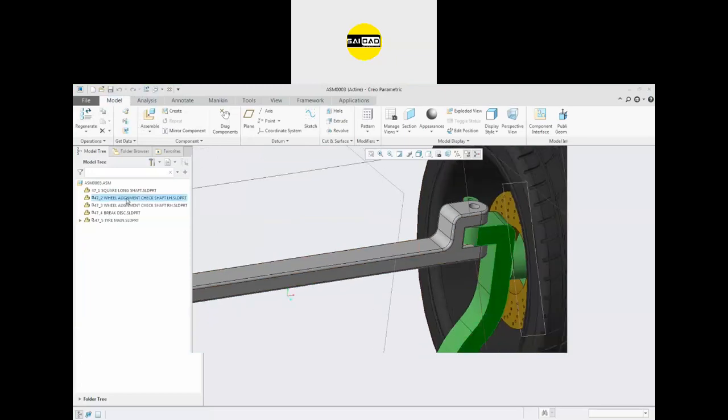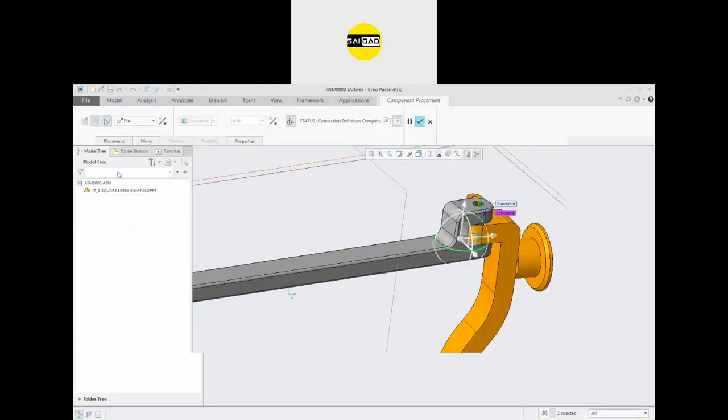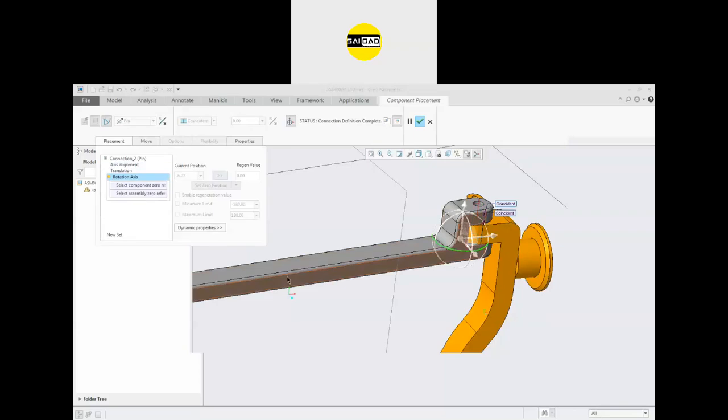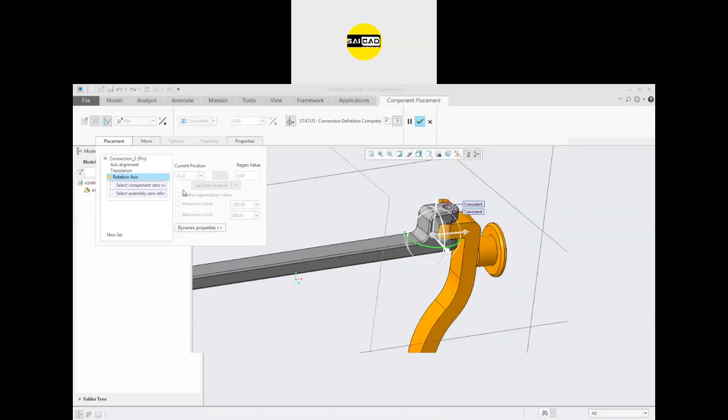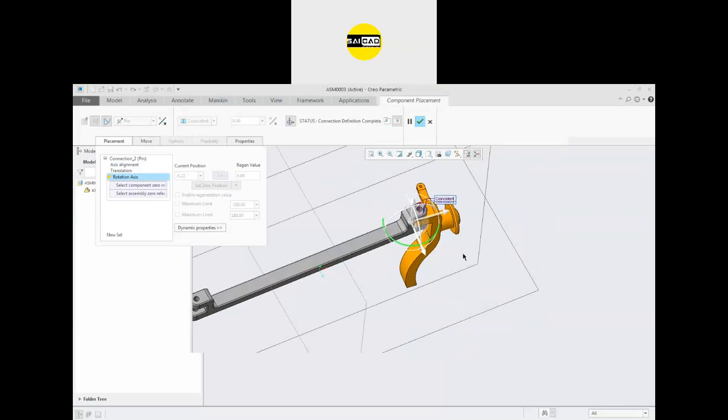To edit the pin joint, we have to select the path, go to the edit. In the pin joint, you can see we have the axis alignment, we have the translation defined. Now there is the option that is rotation axis. This is optional. If you want to define, you can. This is basically used to define the limit to the rotation. Right now, you can see this is 360-degree rotation.